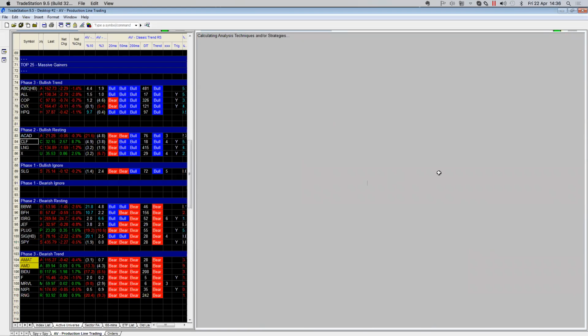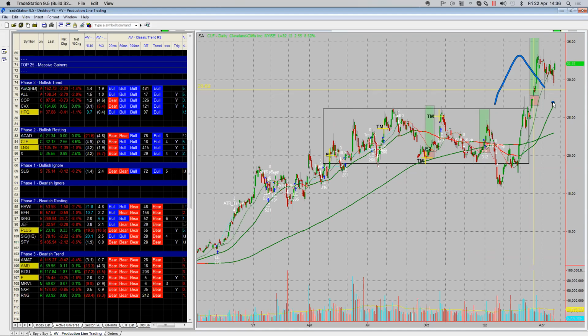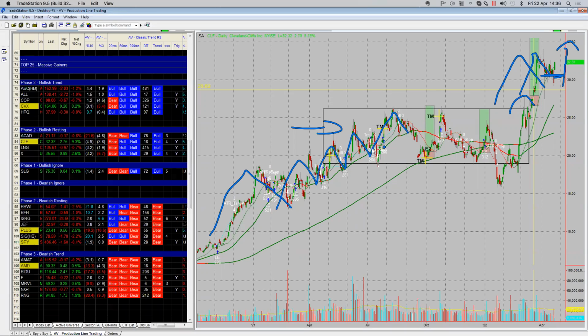CLF. This is again a buyable dip. We've got rally retracements. This is again consolidation. That's what the breakout looks like. Now we're back to trending. We've got the breakout rally retracement back to the 20-period moving average again, and you can see it's already starting to take off. Did something similar back here. So you'll see the same thing now that you know the secret, rally retracements.